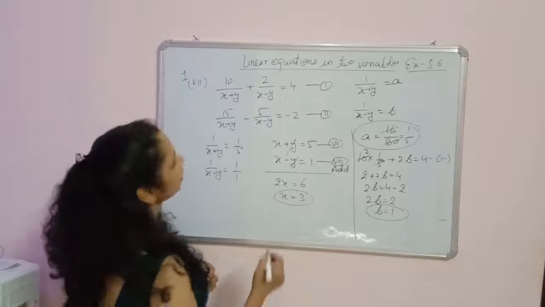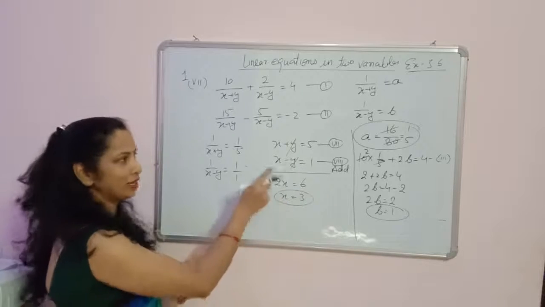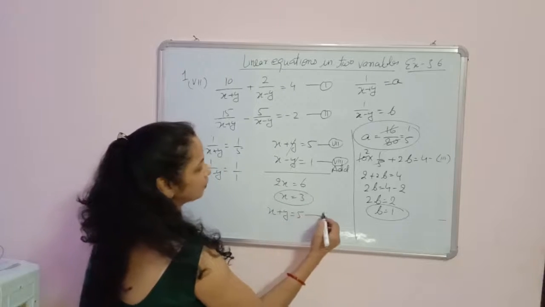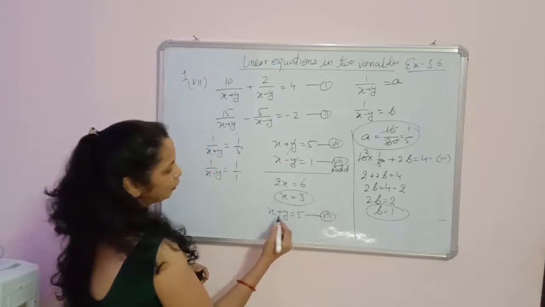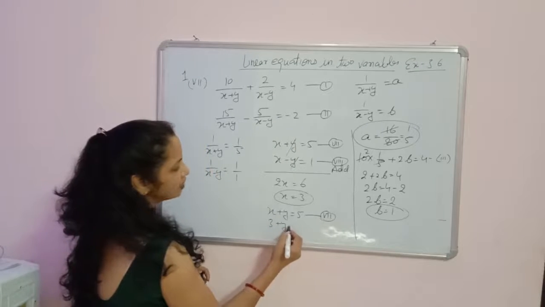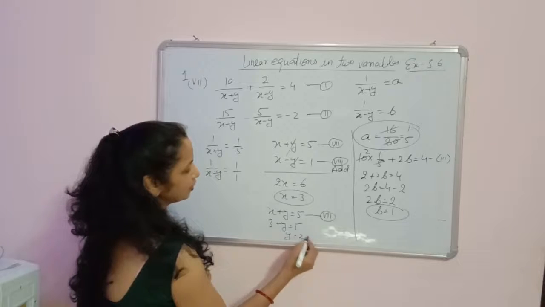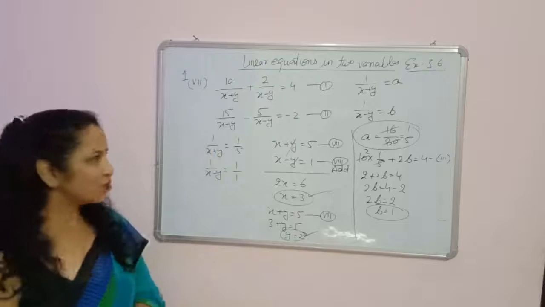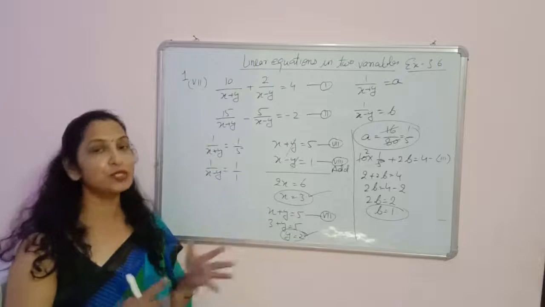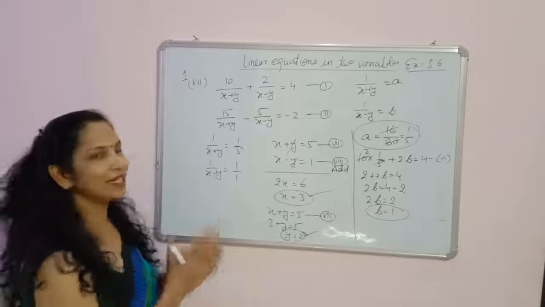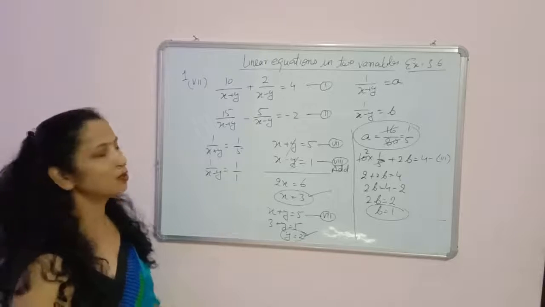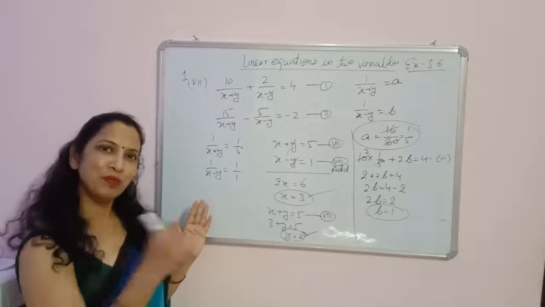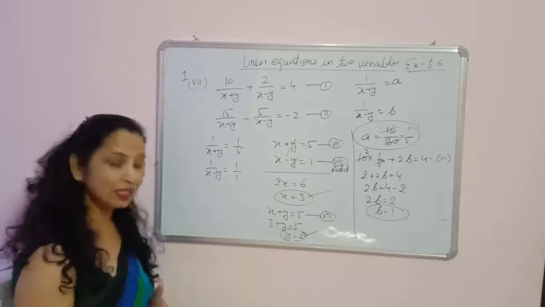And what about y? So we put the value of x in this equation or this, x plus y is equal to 5, equation 7. By putting the value of x here, 3 plus y is equal to 5, we get the value of y is equal to 2. So these are the values of x and y. This is a very easy and simple method, a reducible method to solve equations which are very complicated like this. So this is question number 7. Please complete your question and you can pause the video for writing the answer. I am going to explain the next question.